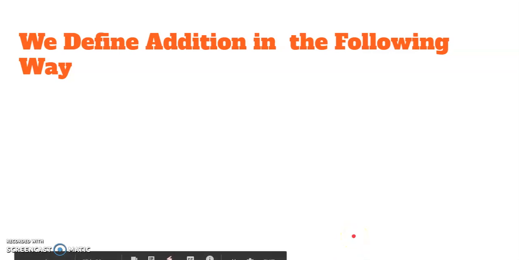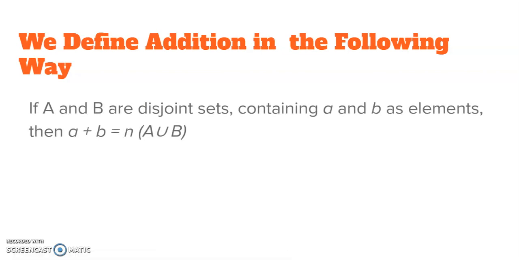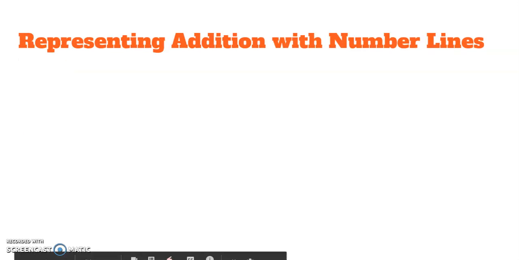So when we're talking about addition, we can define it in the following way. Addition is disjoint sets combining. So if A and B are disjoint sets containing a and b as elements, a plus b equals n. Part plus part equals whole, which is the union of A and B. If we go back to our set theory notation,